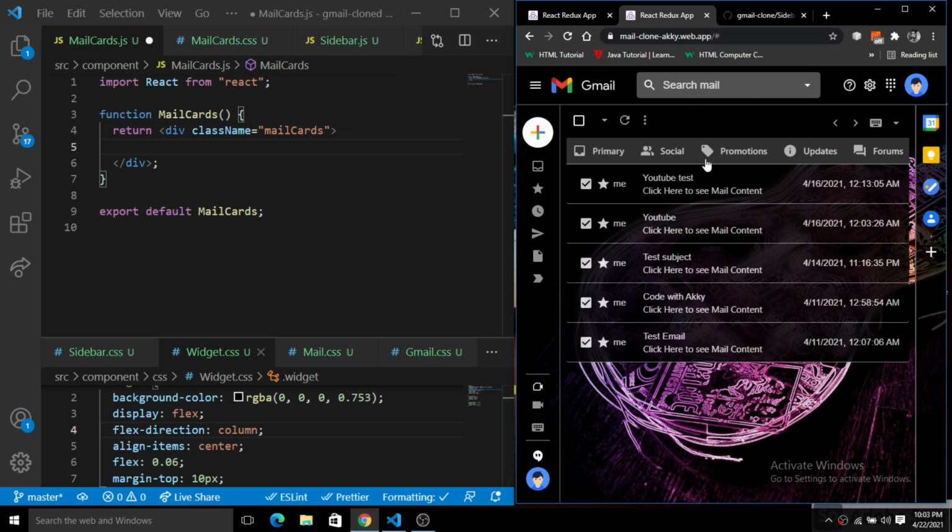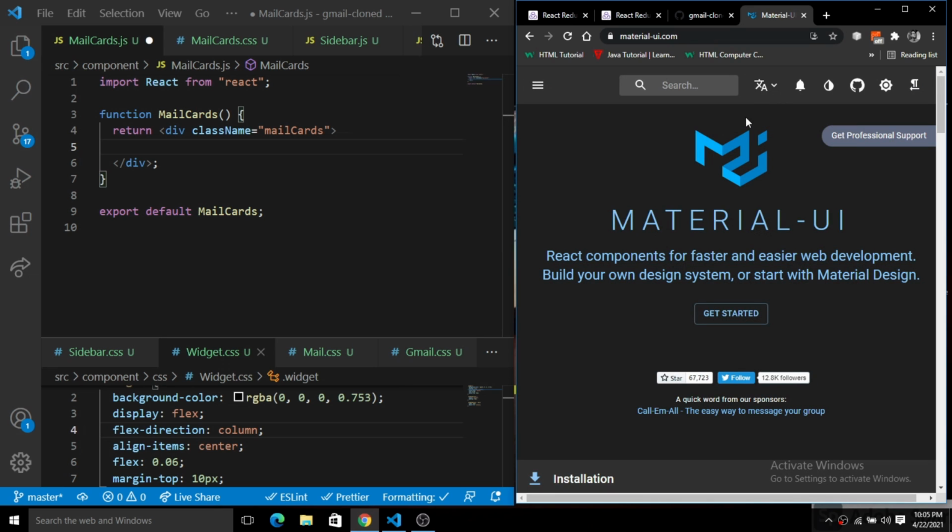To go with the accordion, you first have to visit the Material UI website, materialui.com, and search for the accordion. I'm going to show you how exactly you can add an accordion by yourself inside of this MailCard.js, so just pay attention. Here is the Material UI website.